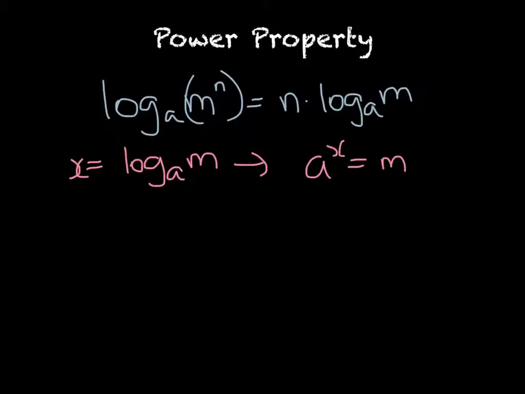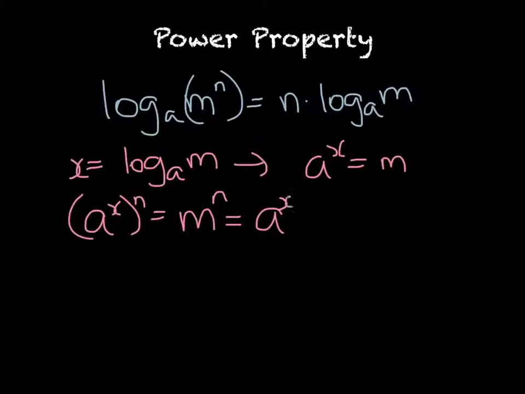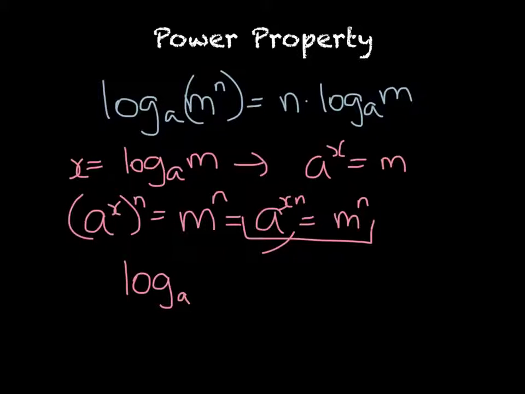Now, let's raise both sides to the power of n. So we get a to the x, all to the power of n, equals m to the power of n, which can be simplified, the first part, to a to the power of xn is equal to m to the power of n. Now we can rewrite this equation in logarithmic form again. So back to logarithmic form, we have log base a of m to the n equals